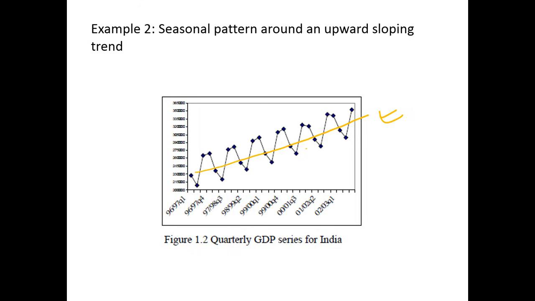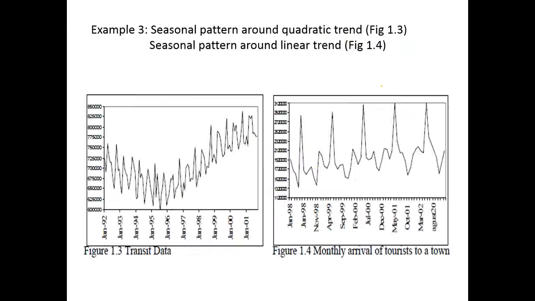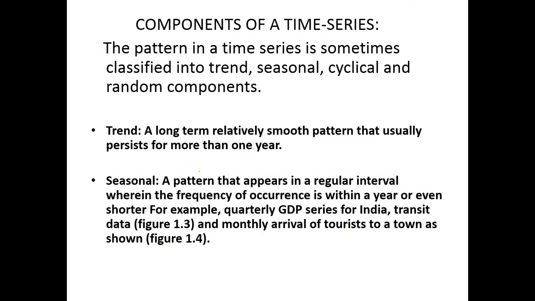Sometimes you will have upward trending and then downward sloping. It could be a mix of both upward sloping and downward sloping. That could also be there, right? This is a typical case where initially there was a downward slope and then there is an upward slope. So these are different scenarios or different types of time series that you probably will come across in real-time scenarios.